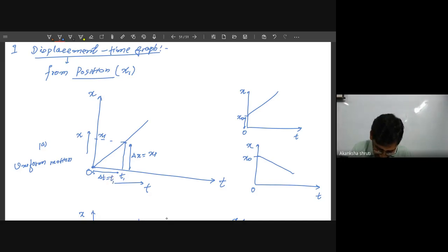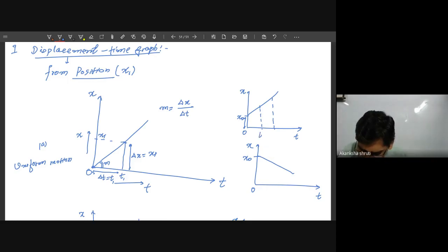So this way, by taking the ratio of these two, we are getting this slope. So this m is given by delta x by delta t. Here I have taken the initial point as origin, so that's why it is like this. It may be possible that between any two intervals you have to calculate the velocity from the position time